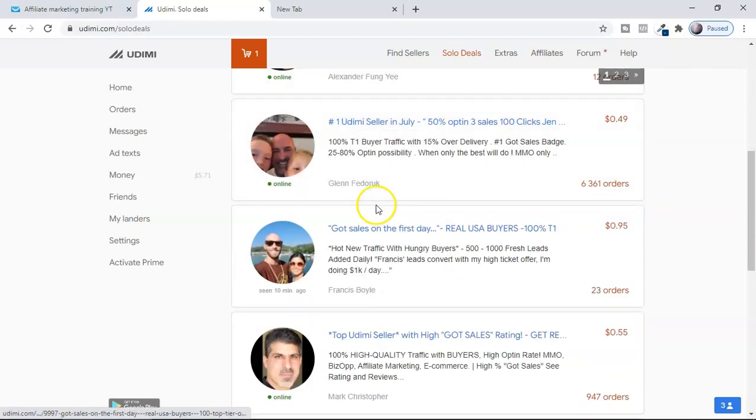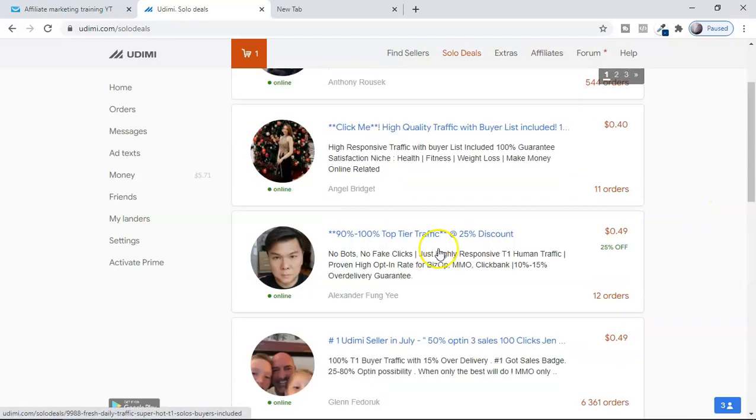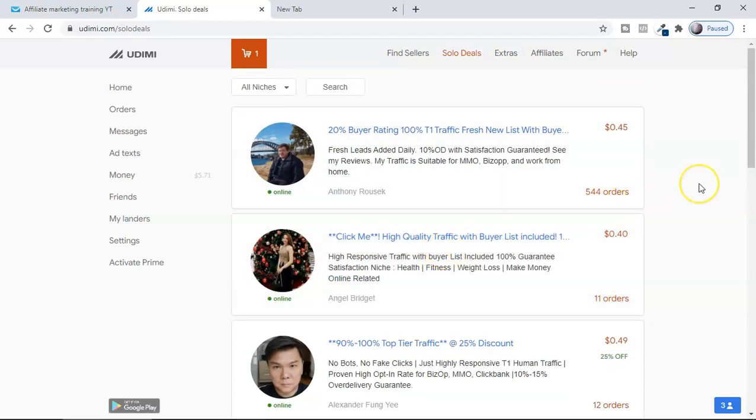So these are the vendors here. You can see their profile over here. Pay attention here, guys, because this is the place people make a lot of mistakes. What I'm going to show you here is really valuable, because a lot of people are getting leads but they're not getting sales because they don't know how to select vendors. Okay, from here, because there are so many.